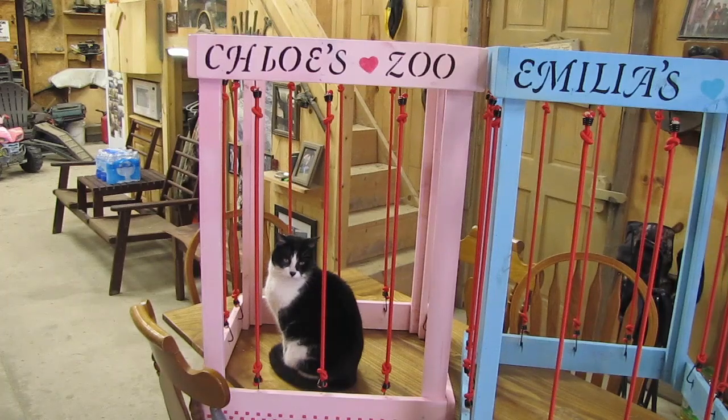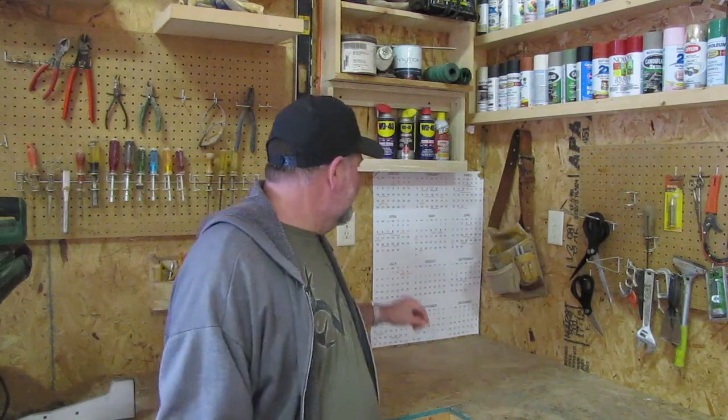But anyway, I don't write anything on this. It's simply there as a quick reference when I'm out here in the shop and I need to look ahead down the road and think about planning stuff. That's really the only reason that's there. But the main reason I wanted to bring up calendars,